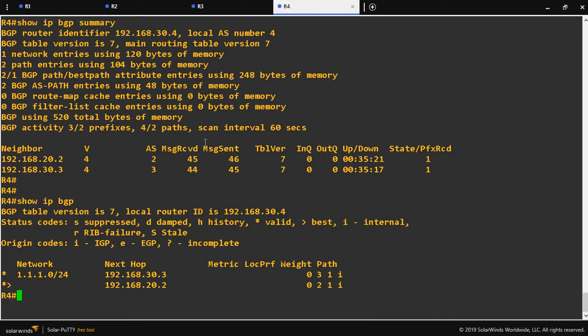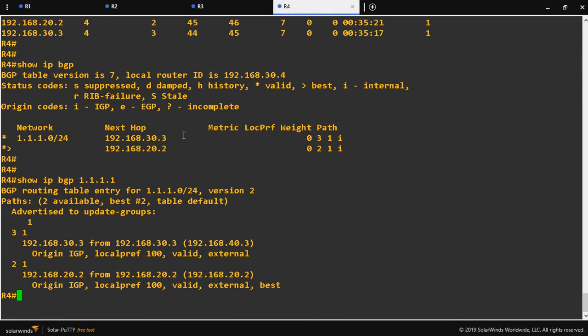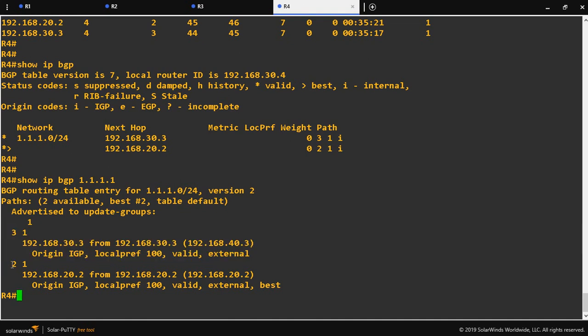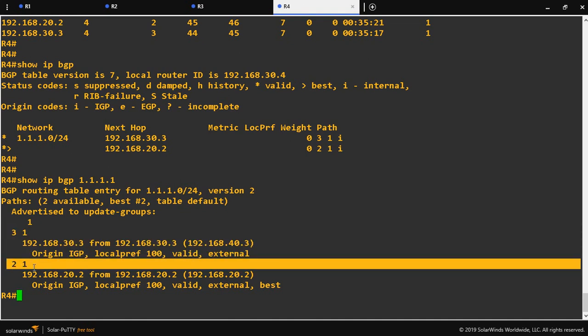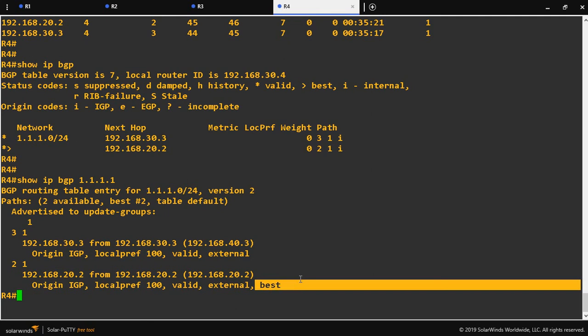Again I am going to the simulation mode. We have two entries. Show ip bgp 1.1.1.1, enter. Here we can see we have two paths. One is going to autonomous system 3, and from autonomous system 3 it will go via 1. This is one path. The second one is we have to go to autonomous system 2, and from 2 we can go to 1. This is the best path. In the entry itself it will mention which one is the best. So with show ip bgp 1.1.1.1, it will show that best path.